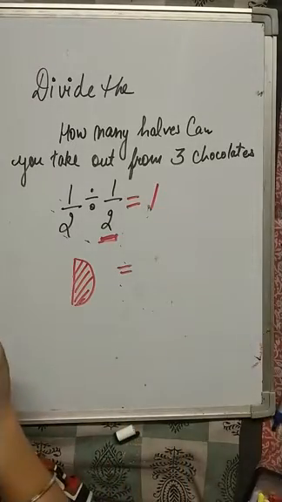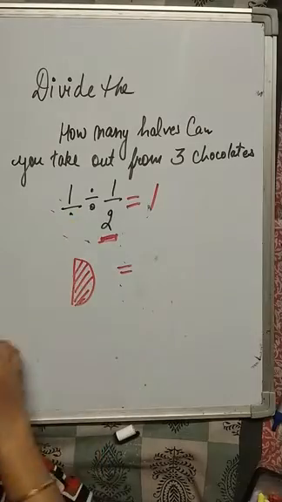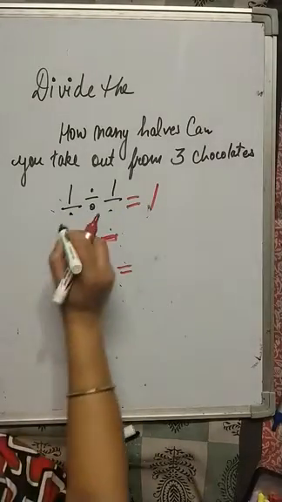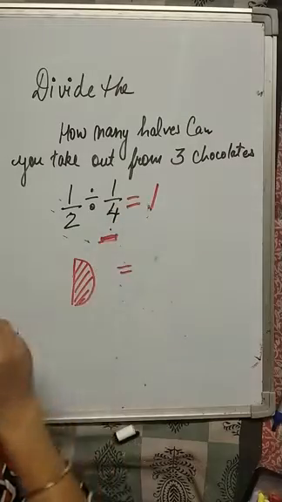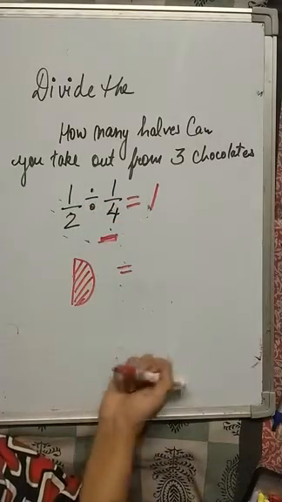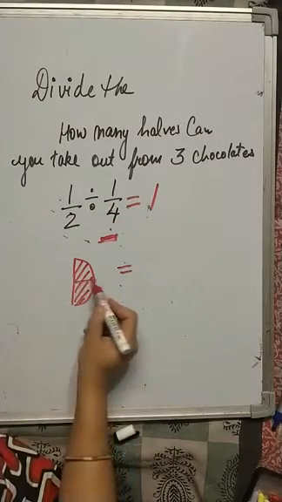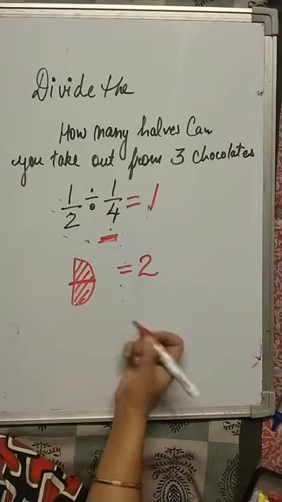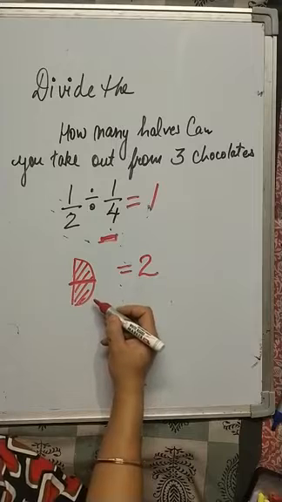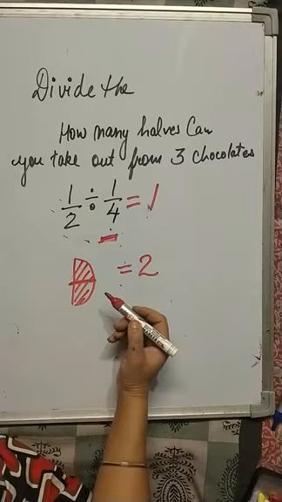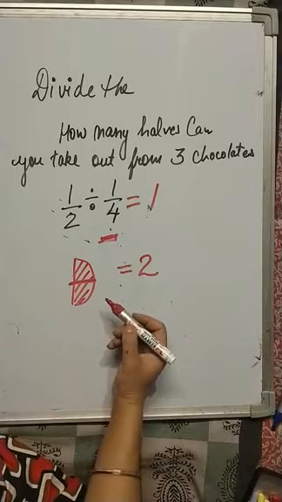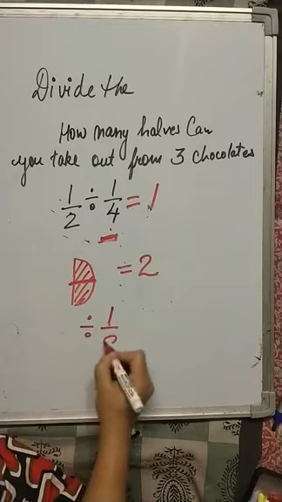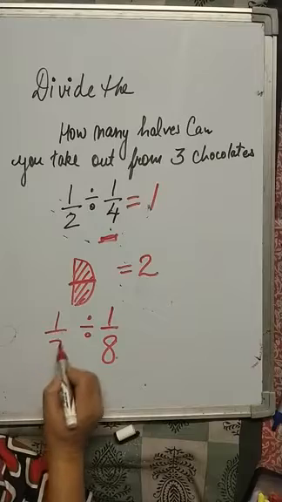Or if the question shifts to, how many 1/4 can you take out from half? How many 1/4 can you take out? 2. From half we can take out 2 1/4. How many 1/8 can you take out from half? Again,